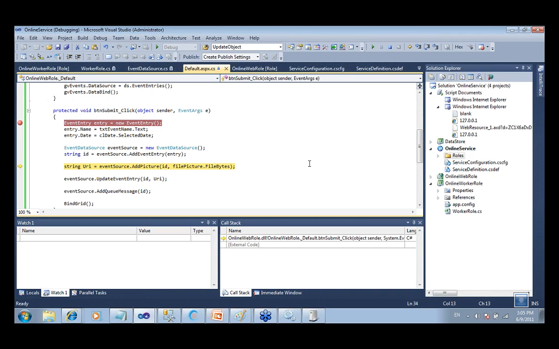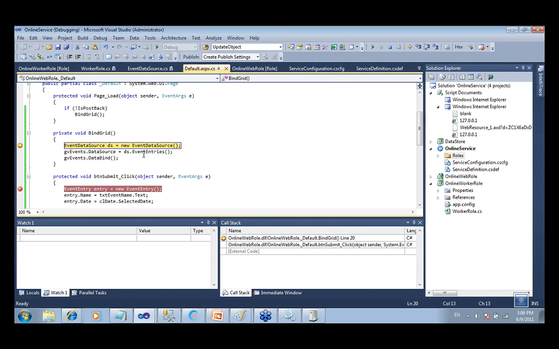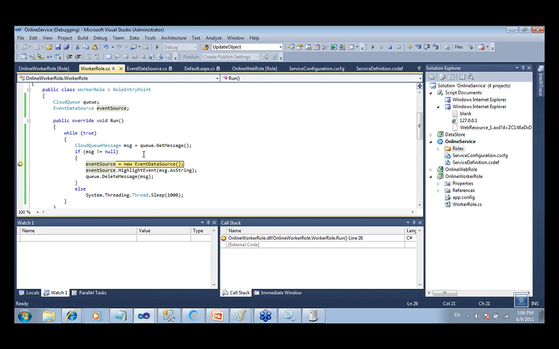And then I'm adding the picture, the bytes of the picture. I'm adding them to the blob storage, getting back the URI, updating the table with this URI, and finally adding a queue message. And this message contains the row key. So I'm adding the row key as an element in the queue. And once I do that, I will bind the grid again. And as you can see, automatically the